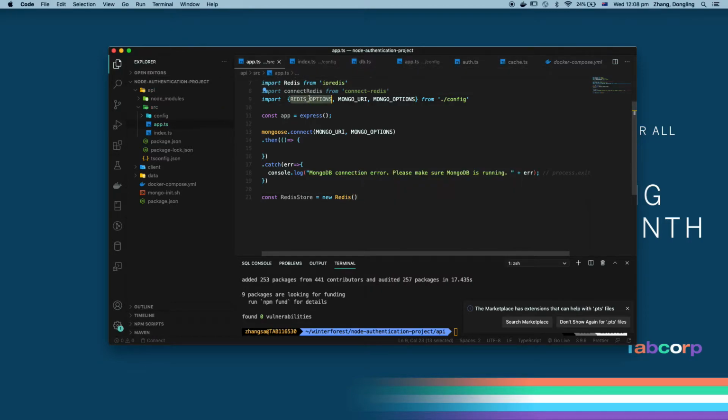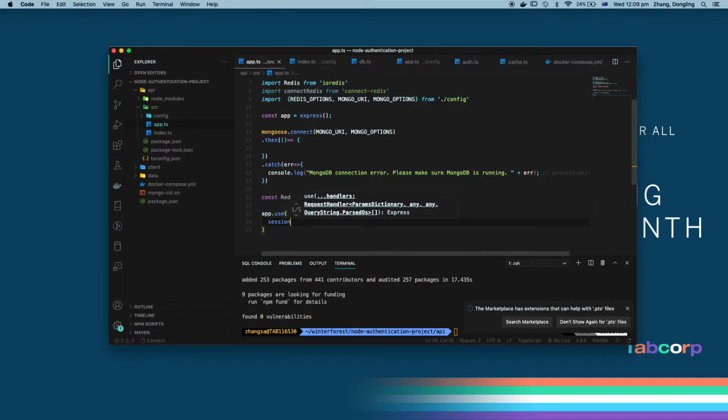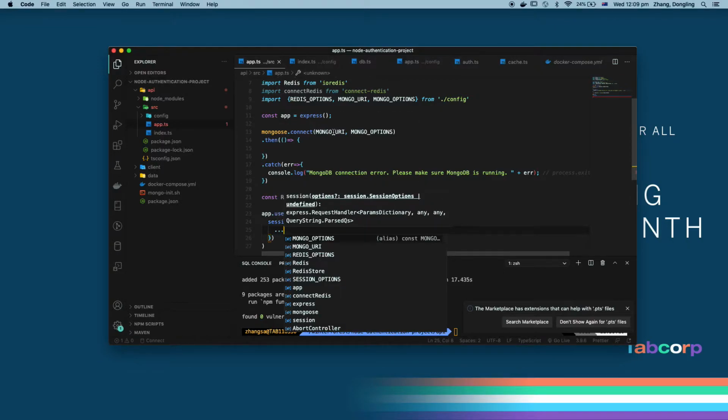Have the redis option to open the redis instance in here. Now app.use, and for the session, so instead of just using the default memory session,